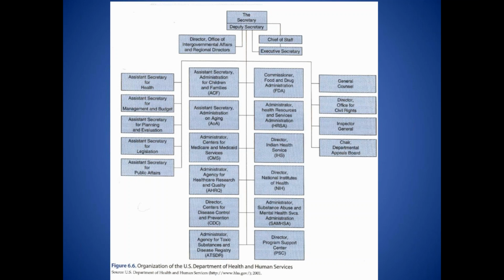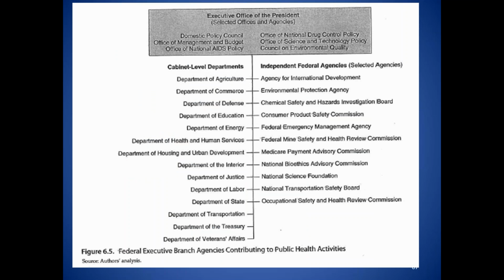But as you can see in this illustration, we have assistant secretaries in a variety of settings: children and families, aging, Medicare and Medicaid, healthcare research and quality, CDC, toxic substances and disease registry, Food and Drug Administration, Health Resources and Services Administration, Indian Health Services, National Institutes of Health, Substance Abuse and Mental Health Services Administration, and so on. While we think about the Department of Health and Human Services being the primary focus, there are public